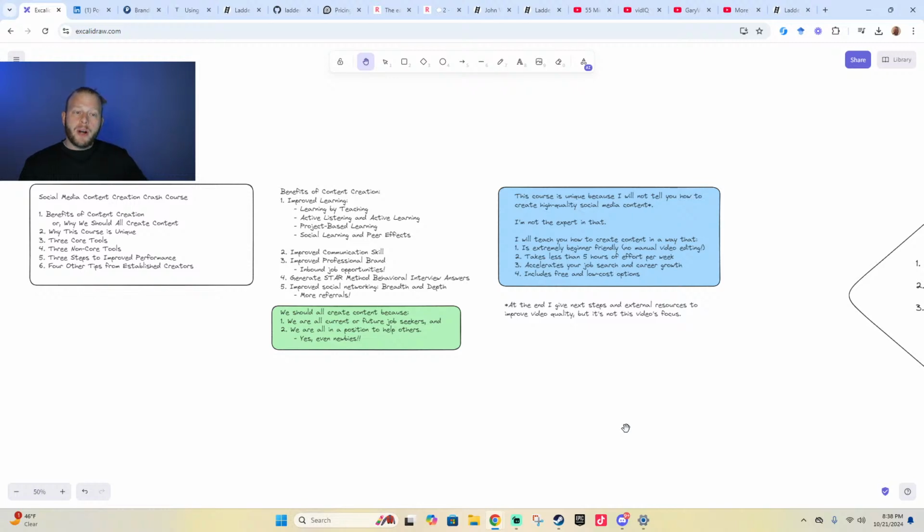And then perhaps unlike more advanced courses, which are geared towards high production quality, this course will have options that allow you to create a large volume of content at low or zero cost. So those are some of the reasons that this course will be particularly interesting. There's an asterisk here that at the end, I will give next steps that will allow you to raise the bar on the quality of your social media content, but that's not the video's focus. Still, if you're curious about that, stay to the end. I'll say a bit about it.